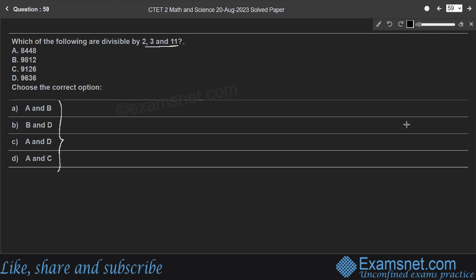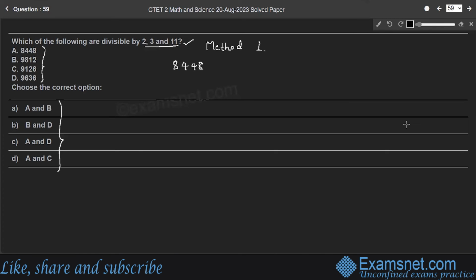So let us go. So students, there are 2 methods to find whether the number is divisible by 2, 3 and 11, right? So the first method is by taking their divisibility rule and the second method is by taking their LCM. So we'll consider the first method. So after that, we'll consider the second method. So in method 1, we'll consider the divisibility rule of 2. If the number is an even number, then that number is divisible by 2, right? So here all the given numbers are even numbers, right? So A is divisible by 2, right? So we'll consider the first number